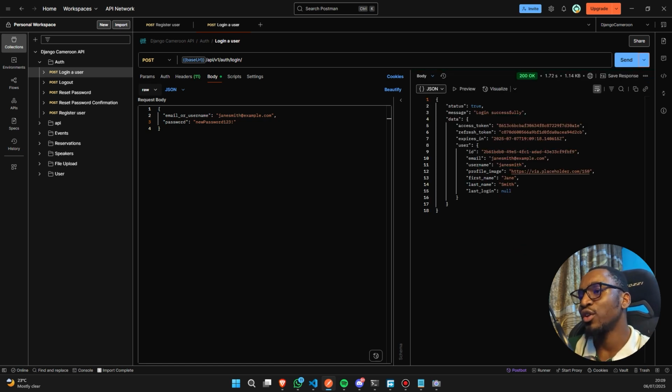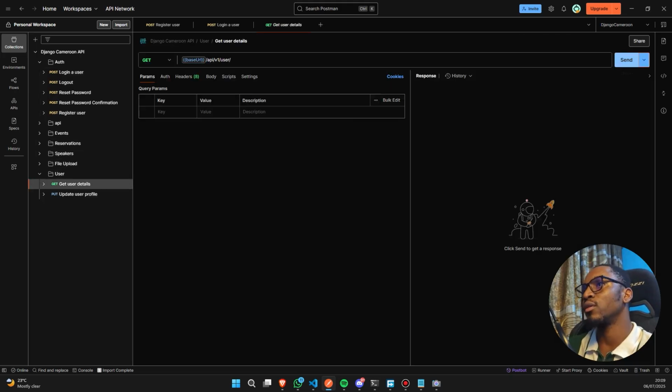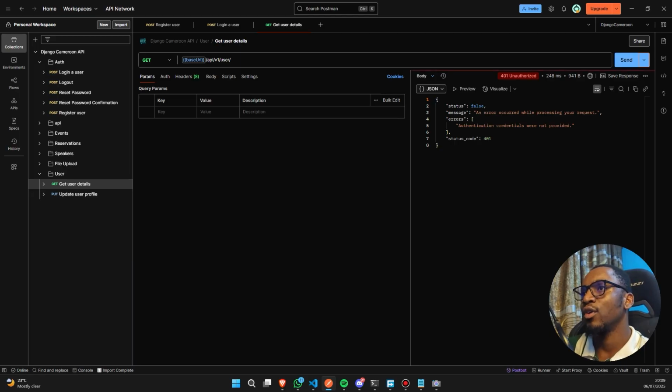So when you log in, normally you have an access token, you have also a refresh token. If I go on this user section and I go to get users detail and I click here, you will see they will tell me that error code, authentication credentials not provided. That's just a normal behavior. Obviously, I'm not authenticated yet. So I will need to authenticate